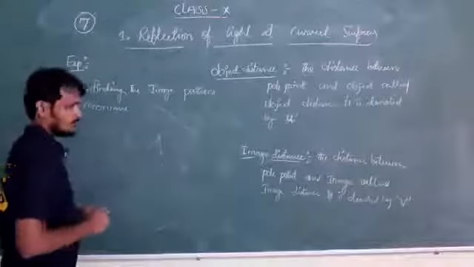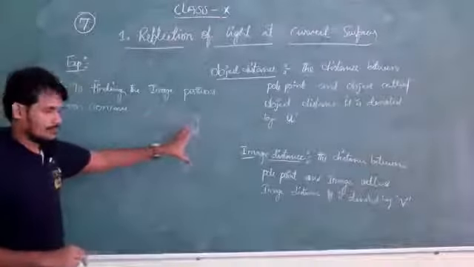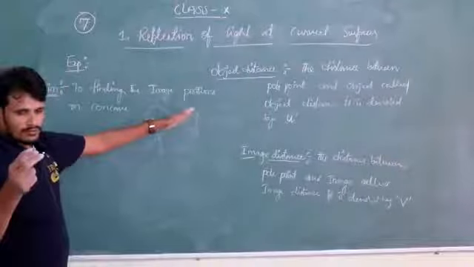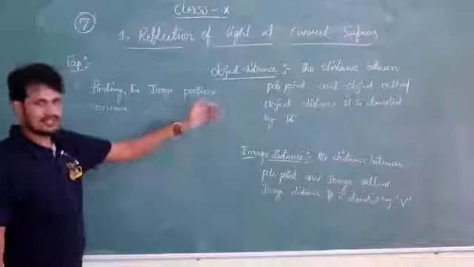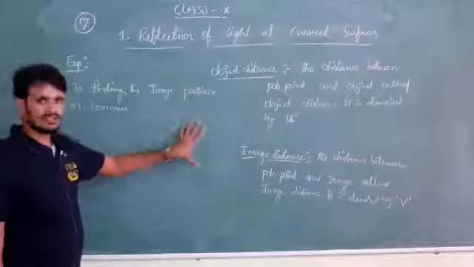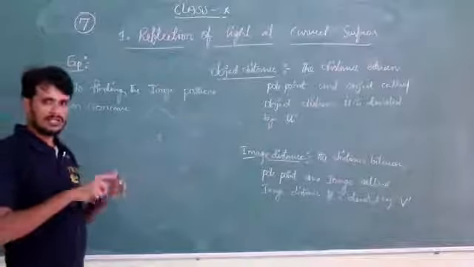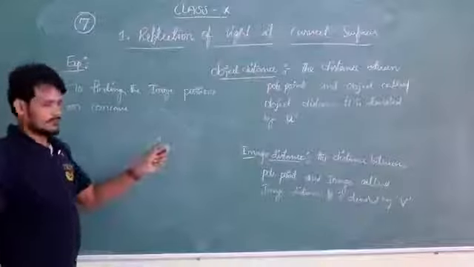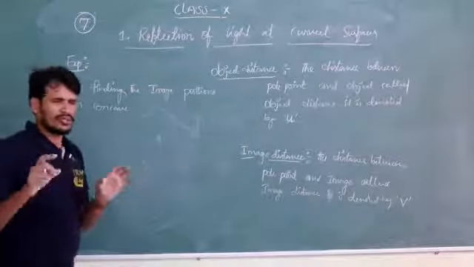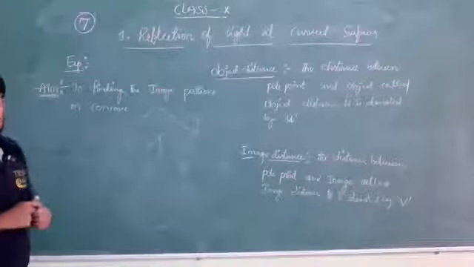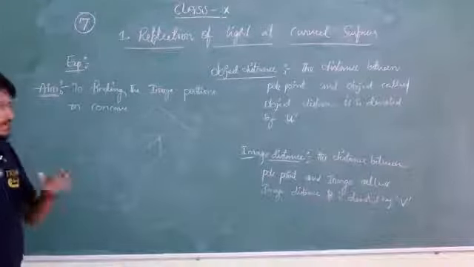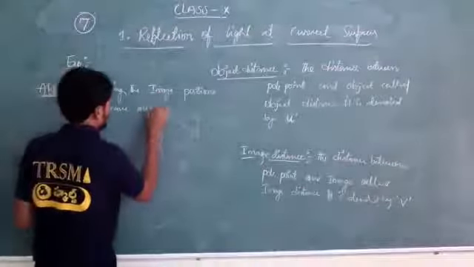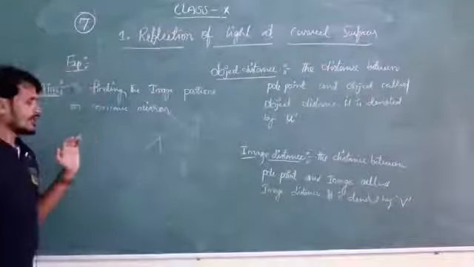So first of all, we grab the calculations. What calculations? Image distance and object distance. Just take out what digits will come here. So after applying those values into one formula, we'll discuss that later. By using that formula, we will find the focal length. So how are we going to find focal length from image distance and object distance? So let's see first of all. To finding the image positions on concave mirror. So this is our aim.